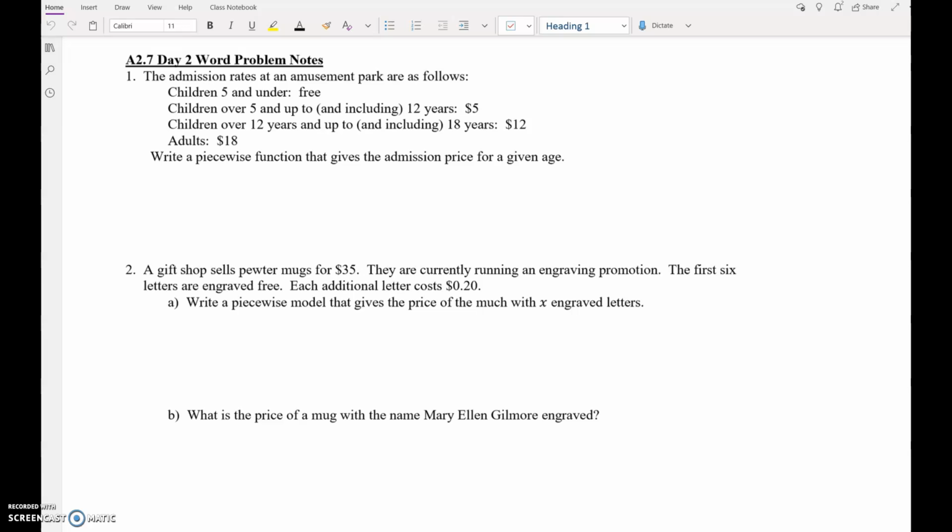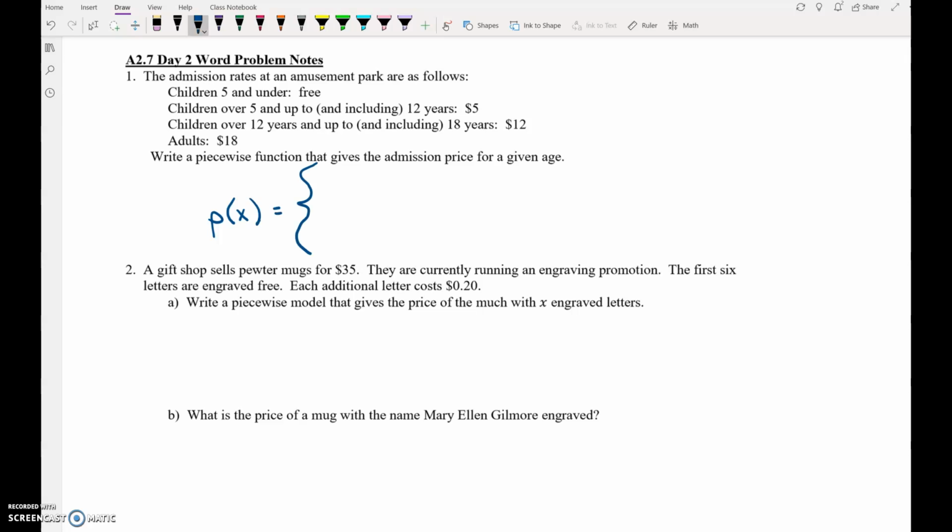I'm going to call this function P of X because P could mean price. And then we draw this little bracket thingy, and that bracket contains all of the functions that we're going to write in the piecewise function. Okay, free. How do I write free? What's a number that means free? 0. So the price is going to be 0 when